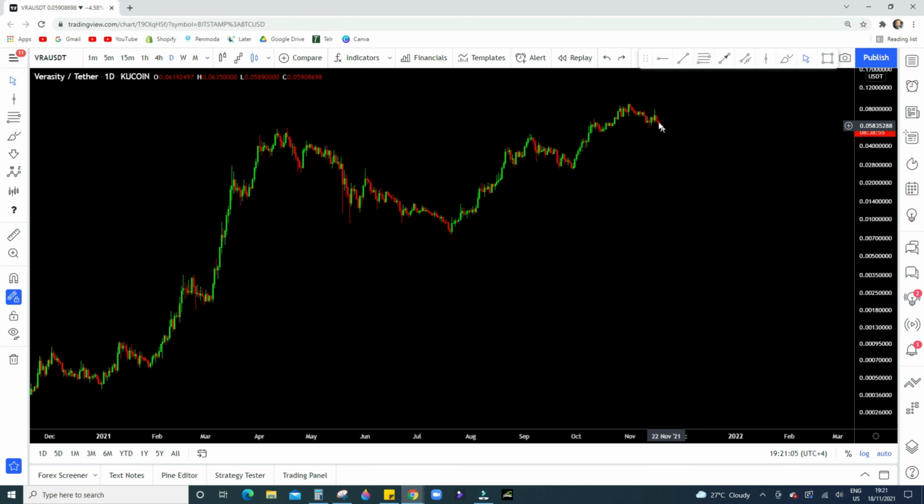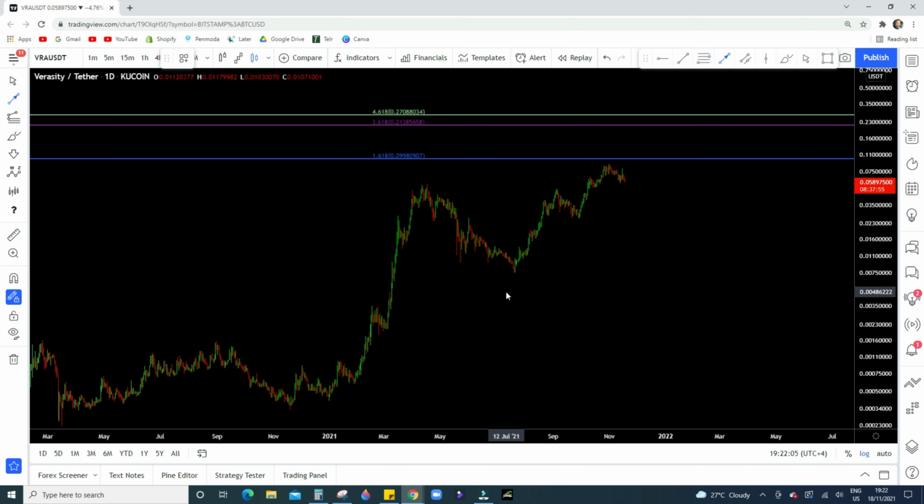this point onwards after it finishes its pullback, and what are the most logical targets that are going to come next. Now the trend-based Fibonacci extensions here are suggesting multiple targets, but the one that the price is most likely going to go to is going to be the 3.618 Fibonacci level. So once the price finishes its pullback and goes towards this level, it will be standing around the 21-cent price